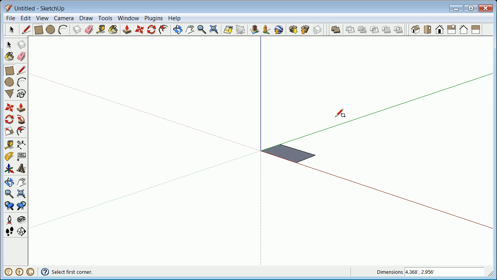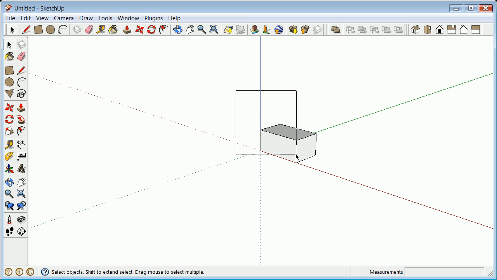You learn key-ins very quickly. P is push. You don't have to hit the space bar. That's a beautiful thing. I'm holding my left mouse button, I'm pulling up, and I've made a basic box. Space bar is the same as the select, so you're going to use key-ins a lot in this program, like you do in AutoCAD, depending on how you draft. Hit the space bar, you're going to select everything,